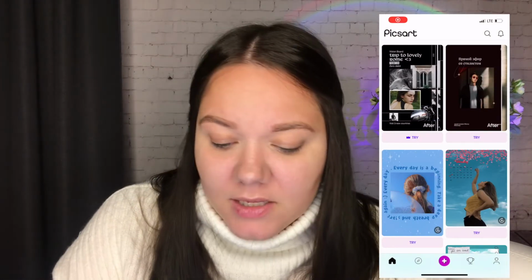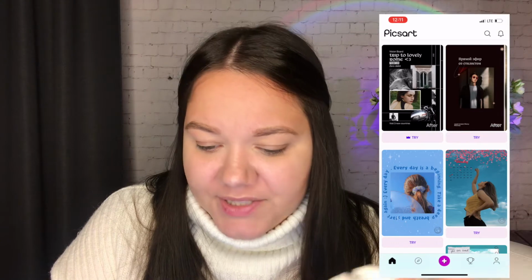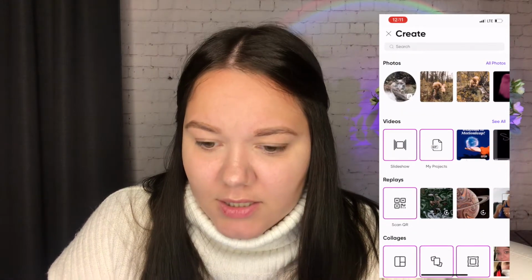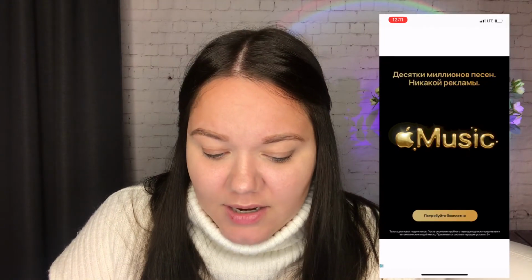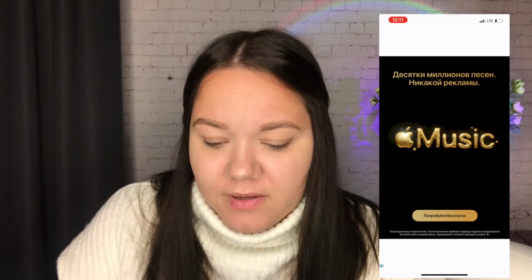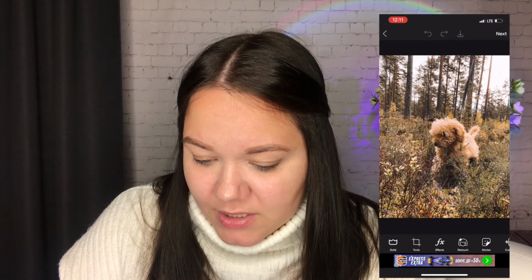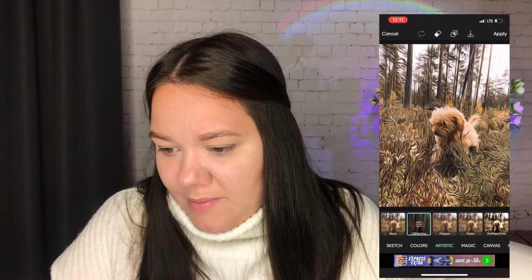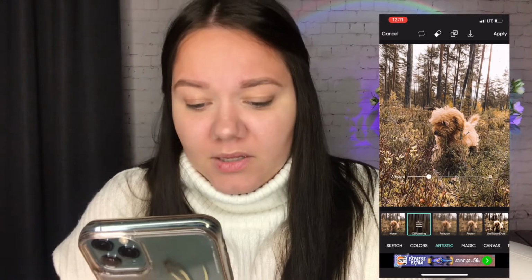And let's see. When we go to this plus option, we take a picture, for example, of my dog. It's fine. Then we have an ad, as always. And I don't know how it's gonna go. Okay, so we have the picture of my dog, and for example, we want to do some effects. They have this kind of oil painting, and if you click the settings, you can set the amount. So it's really nice that you can create kind of art, like a